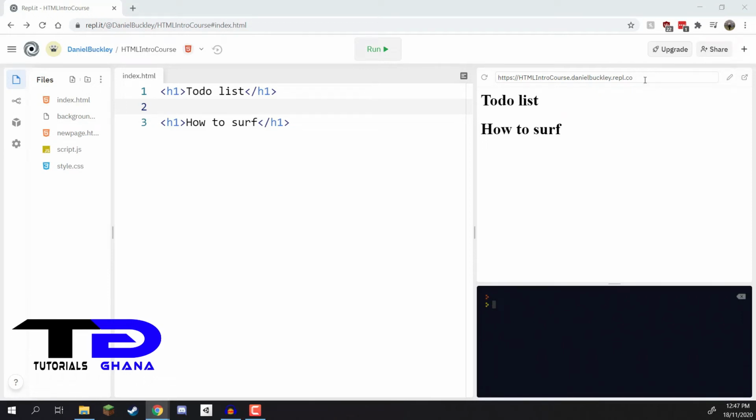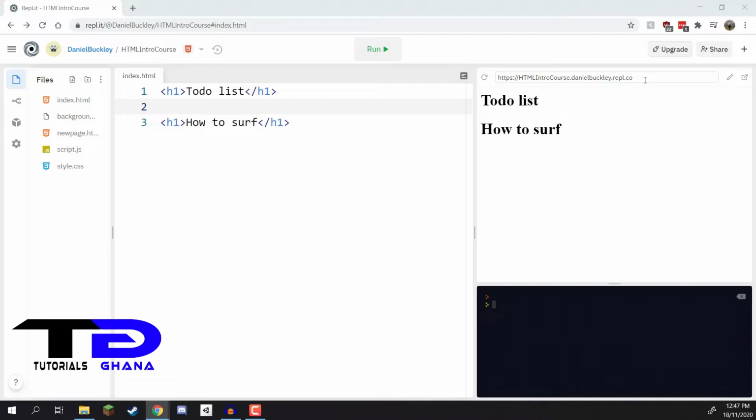In this lesson, we are going to be looking at lists inside of HTML. Now, a list is basically a set of procedures to follow or a list of things that you might want to do. In HTML, there are two types of lists. You have an unordered list and an ordered list. An unordered list would be something like a grocery shopping list, where you have a bunch of different things, but they don't need to be done in any specific order. Whereas an ordered list is a list of things that you need to do in a specific order, such as